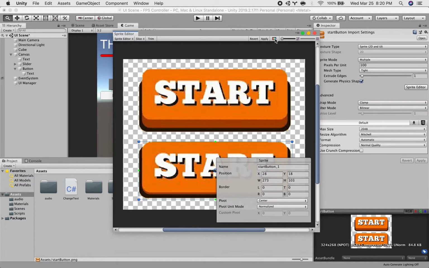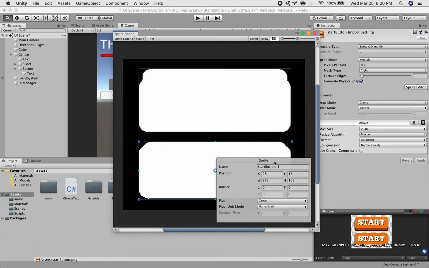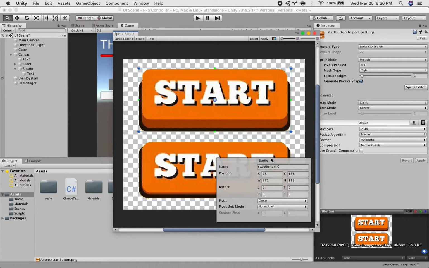And you can really see this little button here. This is showing us the color. If I click on this, it'll switch to showing us the alpha. So white is where there are pixels and black is where there's not. So I can really easily see the little outlines. And so one thing I might want to do is name this one button and this one button pressed, so that I know which one is which when I'm just looking at it in a list. And then we can just click apply,